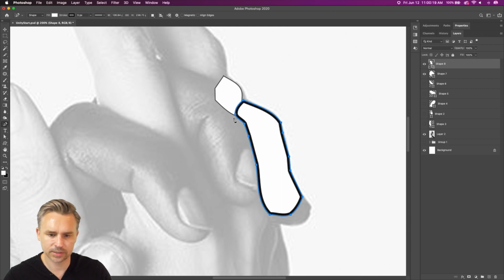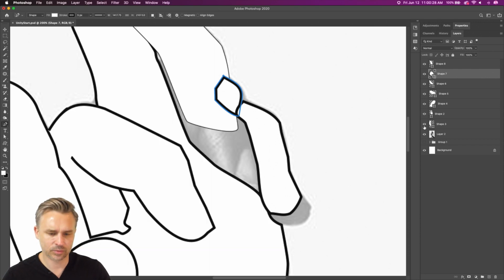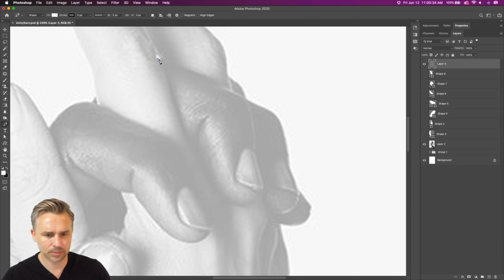Work it, work it. Looks good. Change that to 5. What else do we have? Right in here, I have most of that stuff. I need this finger right in here. And then it's going to really be interesting